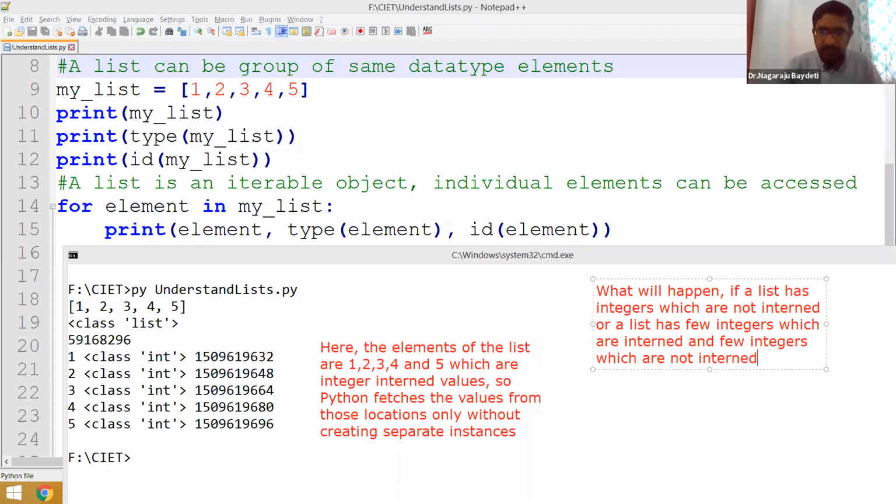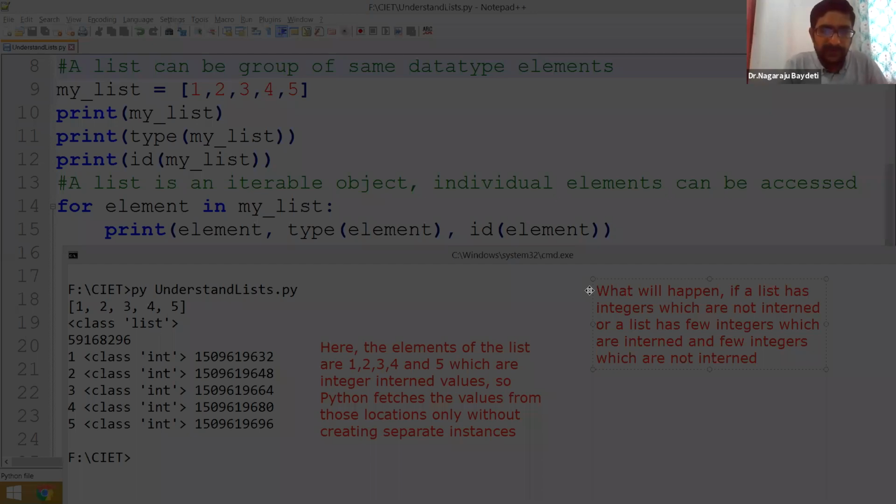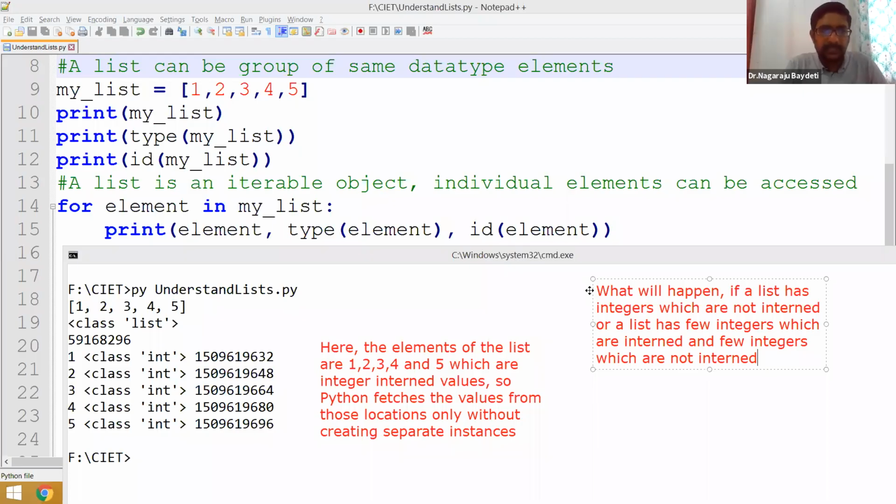I believe you guys are following me, because just from the address locations I can clearly say. Then somebody can question me, sir, how can you say one is interned? Okay, because you might have heard about my lectures in the earlier sessions, day 2 and day 3. So most likely people will understand. If any new participant is there, they may not understand. So I request them to go and watch the day 2 and day 3 videos.